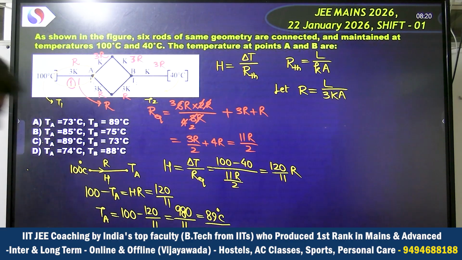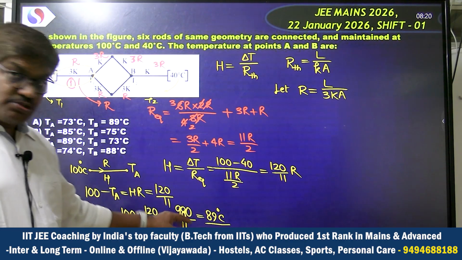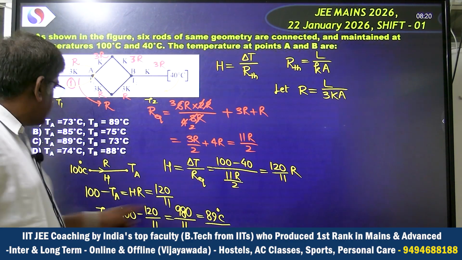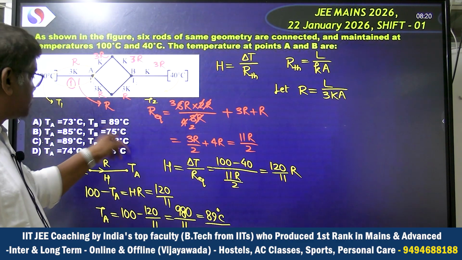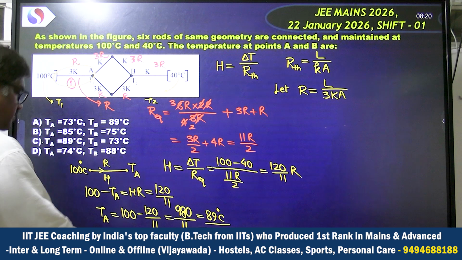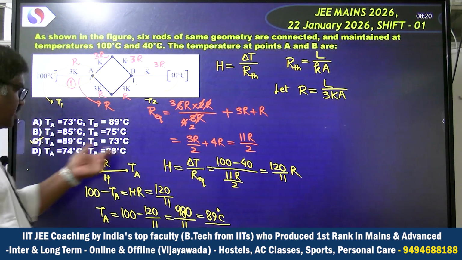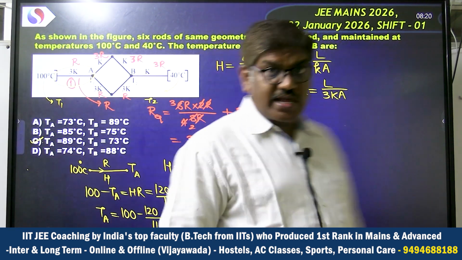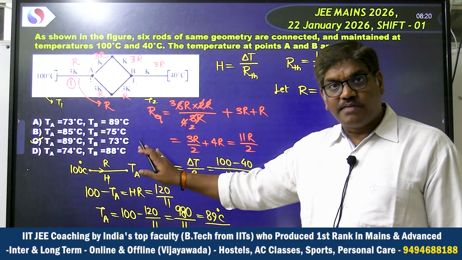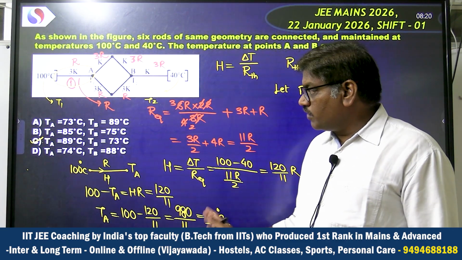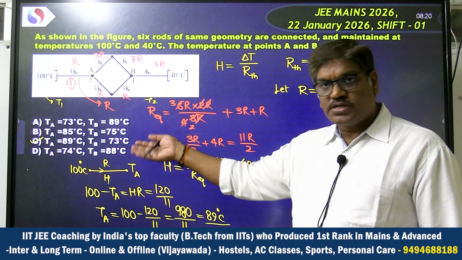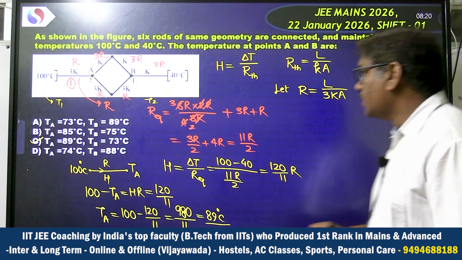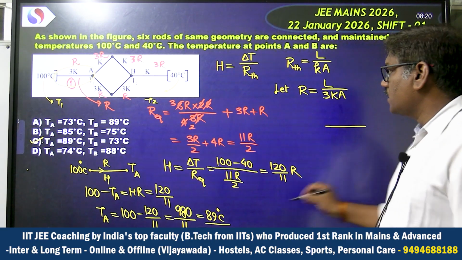The same way you can do it for the second rod, though I don't need to check, because the TA I got matches only the third option. So directly you can tick it without even checking TB, and the correct answer is C. Otherwise, save your time: once you get one option that matches only one of the given options, there is no need to check the second one. But if I want to check, let us consider